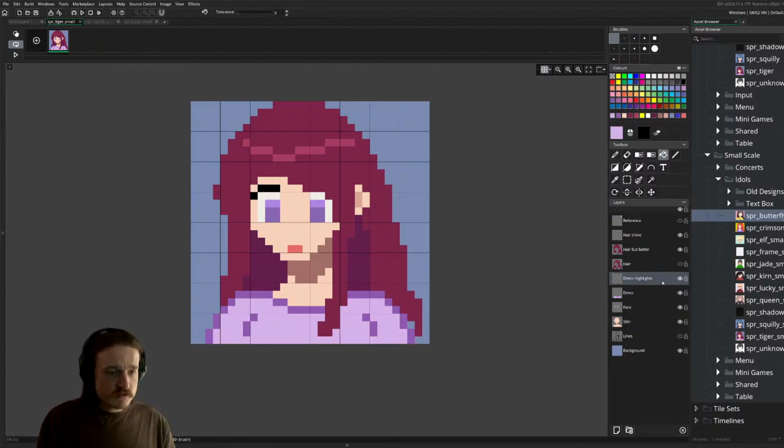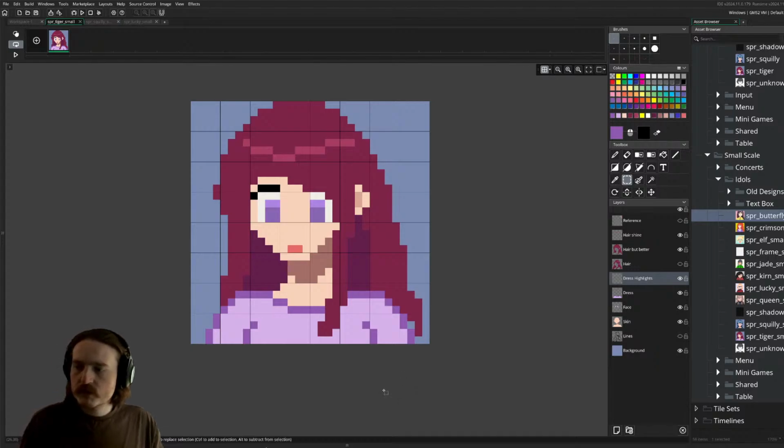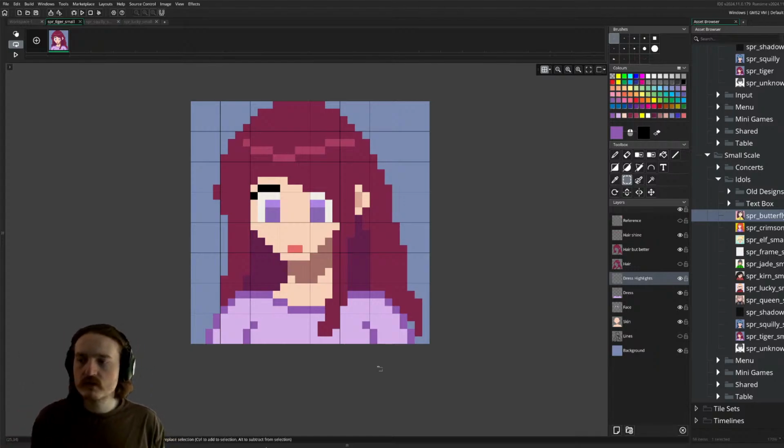And add in a lavender layer and... no. In fact, we just move this down, I think. Yeah. I like that curve. I like that. Okay. So. Let's see. Given that I have another trick that I can use,